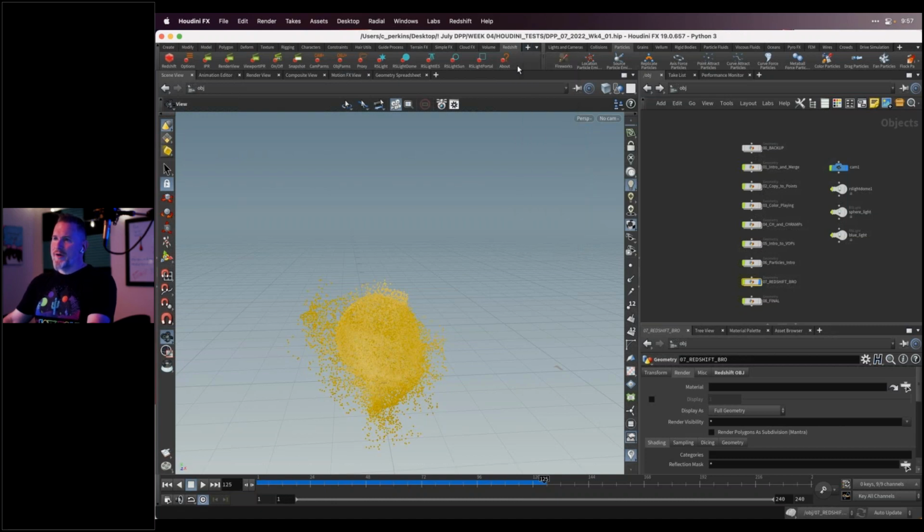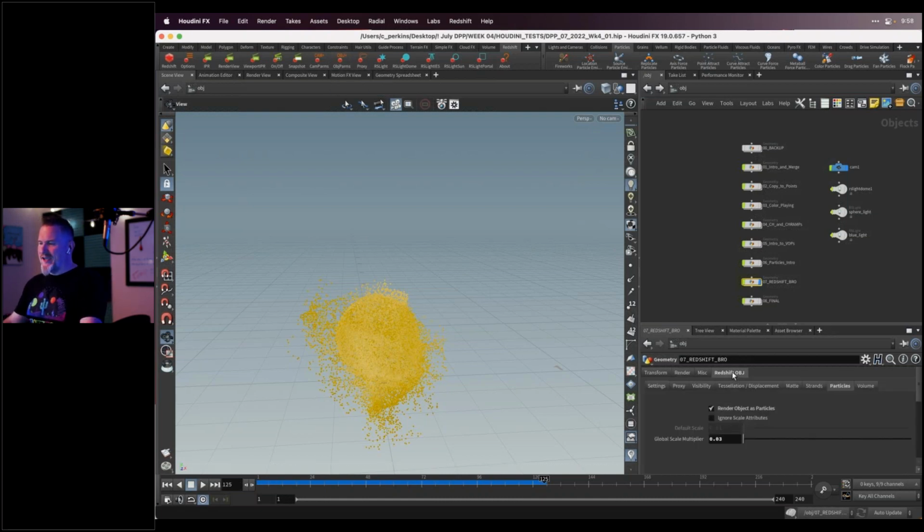And once your Redshift shelf is showing, which is a fun tongue twister, there's this thing, which is OBJ Parms, OBJ plus. So this is essentially the object, the Redshift object tag in Houdini is what it looks like. So we select this and then select our node and then hit the OBJ button. And then it adds a Redshift OBJ, like the tag equivalent, essentially. And so then I could go to the particles tab and I could choose render object as particles.